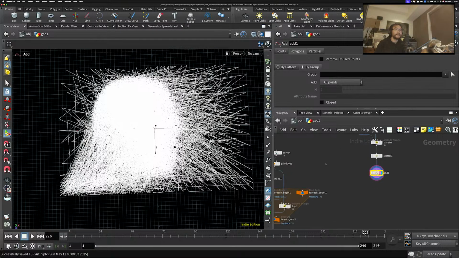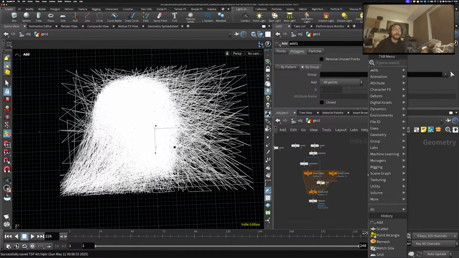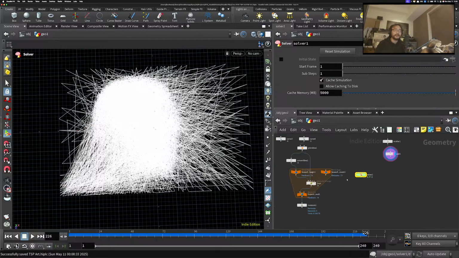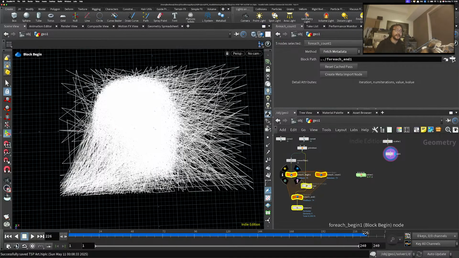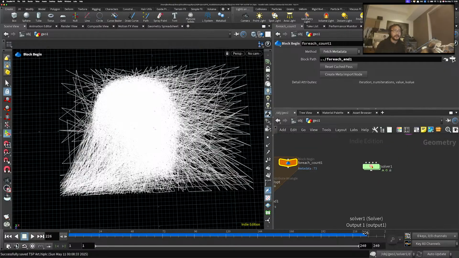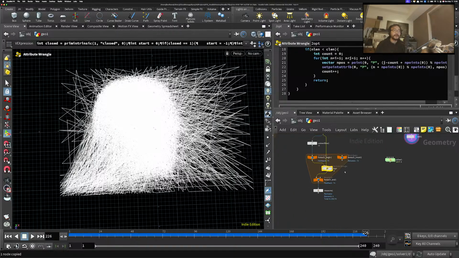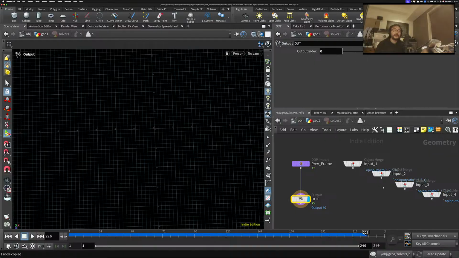If you try to do the optimization with this, I'll show you, but it's going to take tons of time to solve it. In order to solve it, I would rather use a solver instead of using For Each feedback, because you don't know how many iterations you're going to need to solve the problem. So it might be better using the solver in this case. You just need to copy the 2-opt attribute wrangle code that I've created here inside the solver,